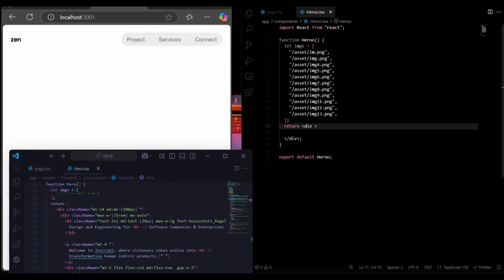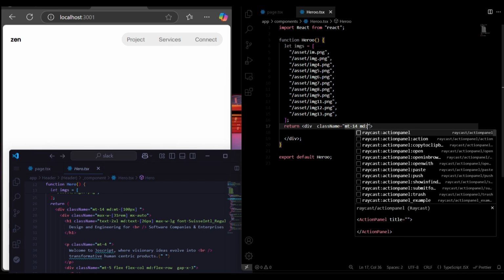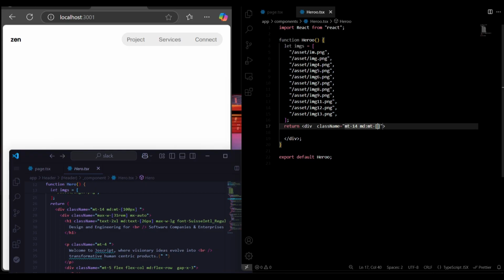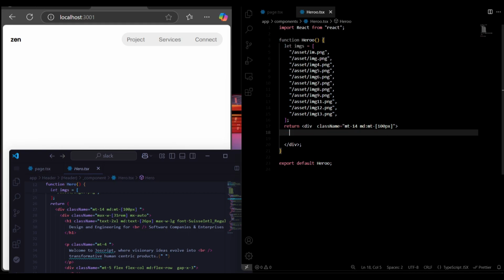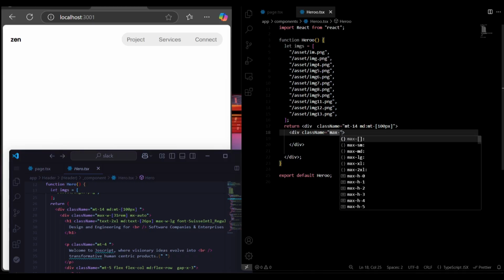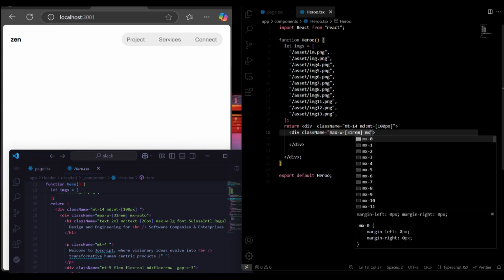Here we give it a class name, and the margin top to be of 14, and on medium devices margin top to be of 100 pixel, and also we have a div. Give it a class name max width to be of 1 rem. Also mx to be auto,